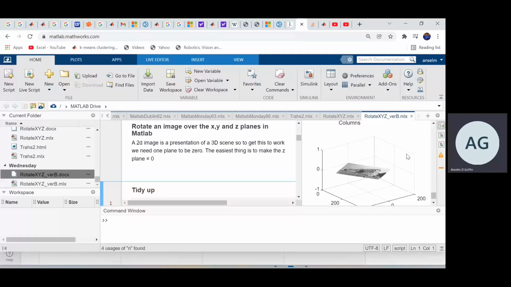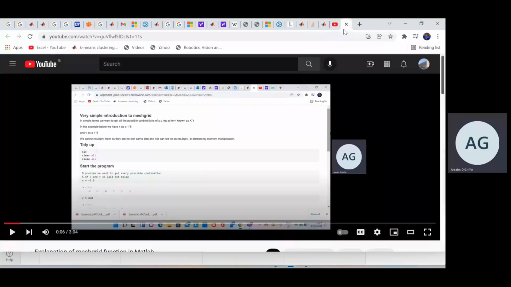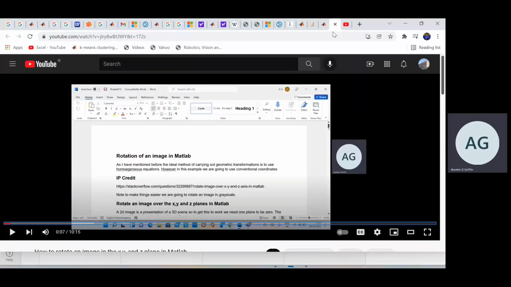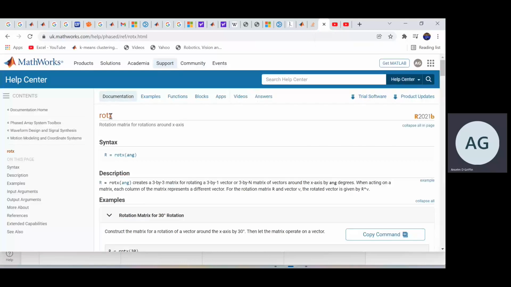Now, as I said, we've done this already, just to show you that one. You can look up there, there's the link there. But today we're using inbuilt Matlab functions rotx, roty, and rotz. So just in case, we're using rotx, rotation x,